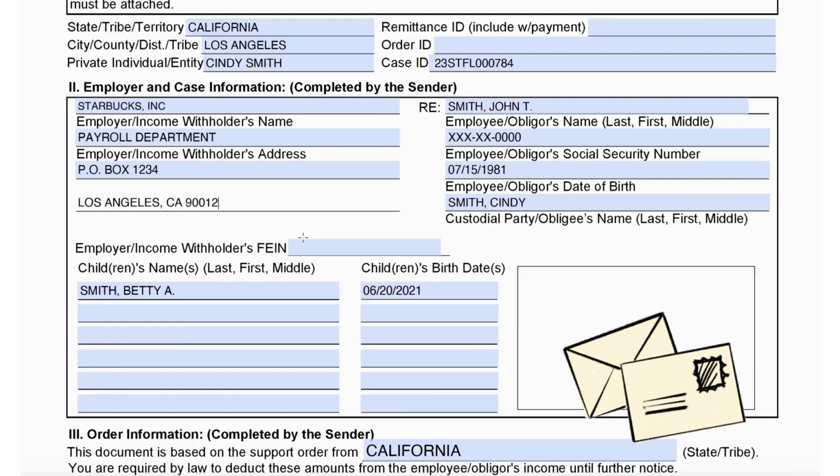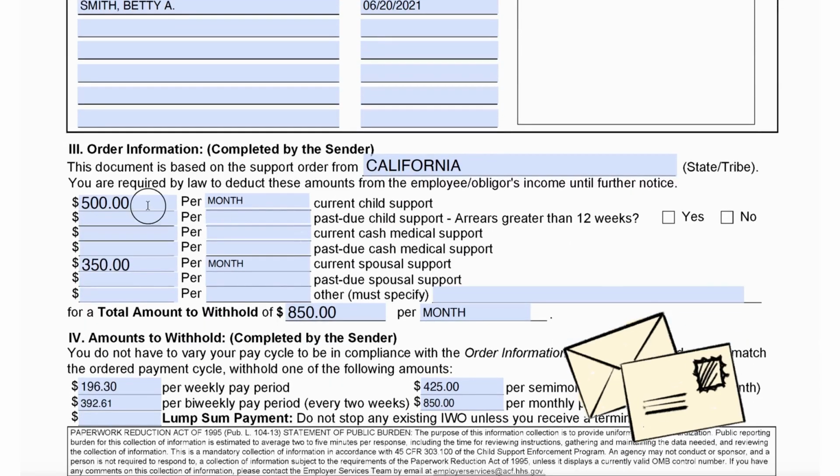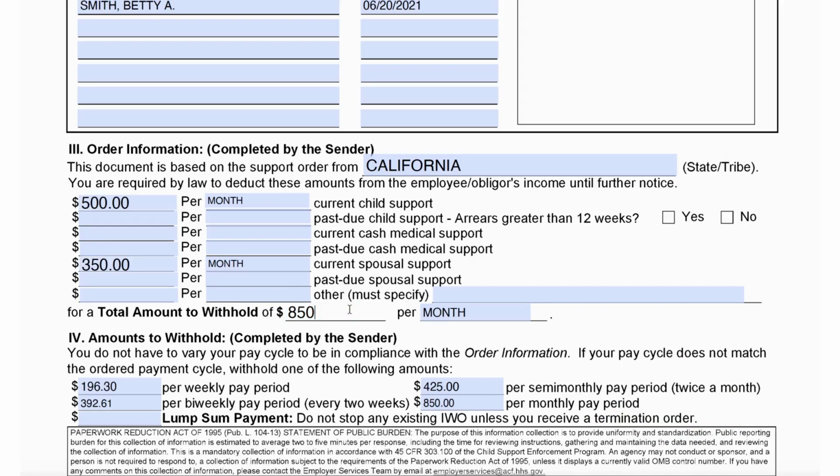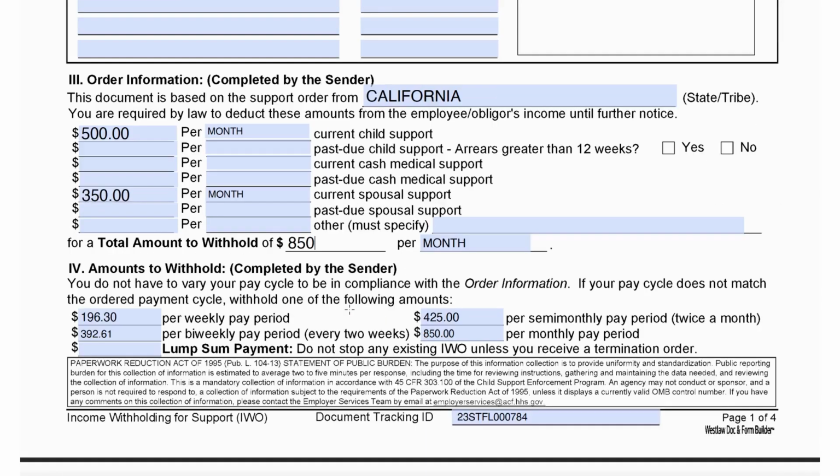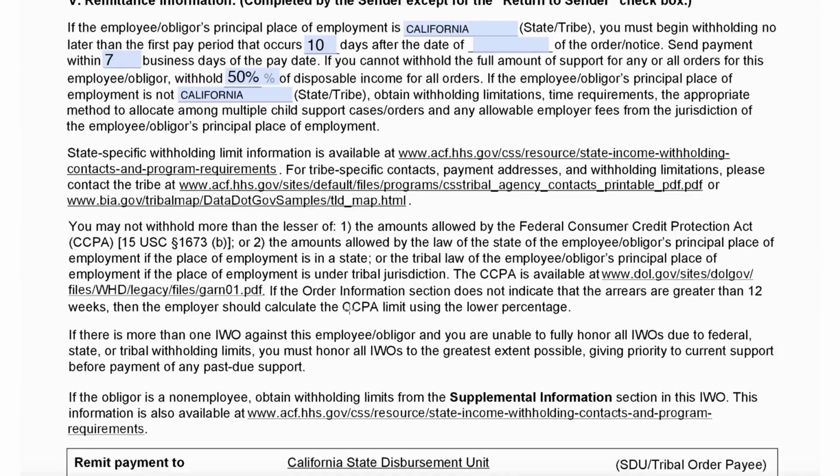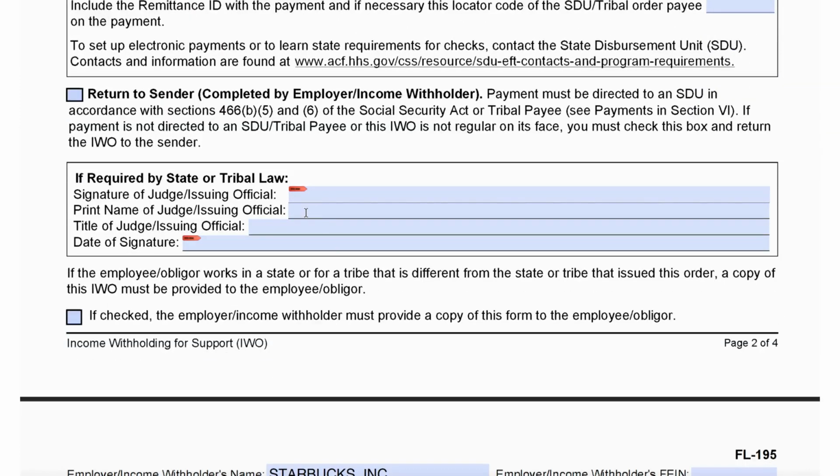And so what happens is once the court gets this, they'll look at the numbers to see if that's what the judge ordered. And if everything looks legit and you didn't write any wrong amounts or different amounts, then the judge will sign this form indicated here. They will sign it. And they will send 1 copy to you and 1 copy to the obligor's employer. So once the employer gets it, they should start garnishing within 7 days,